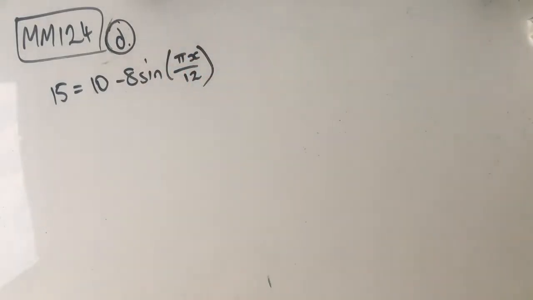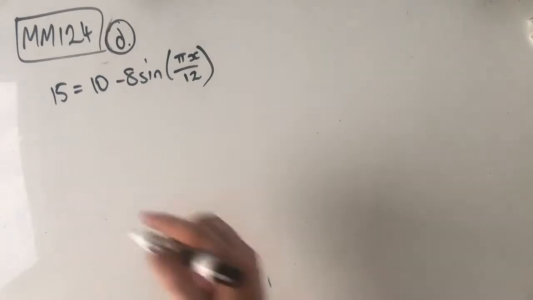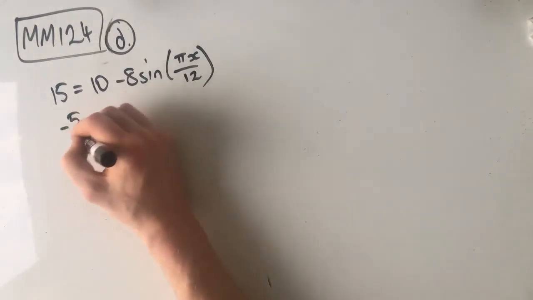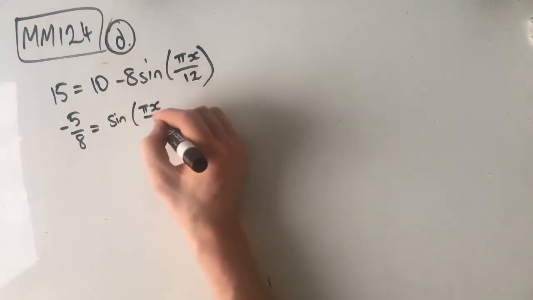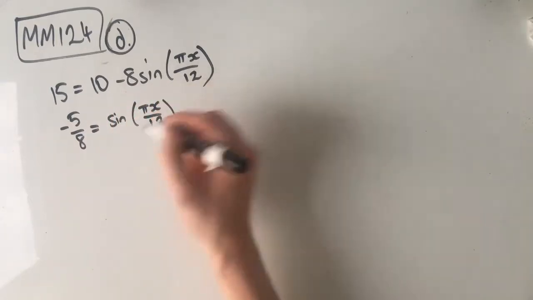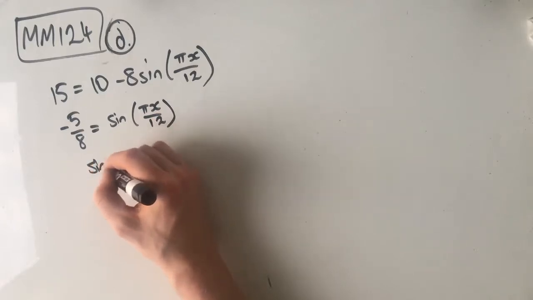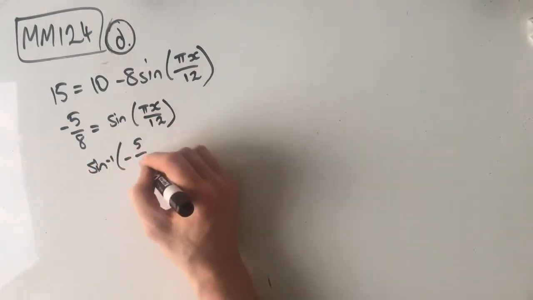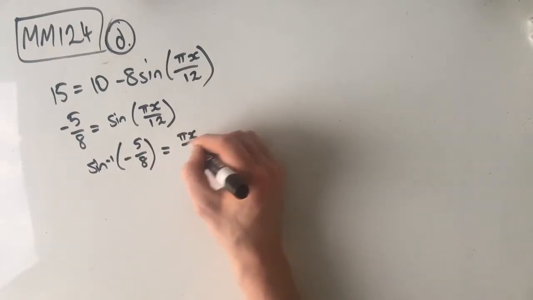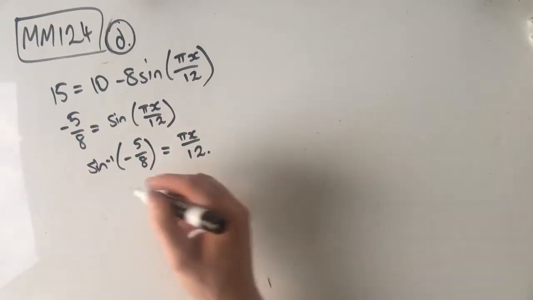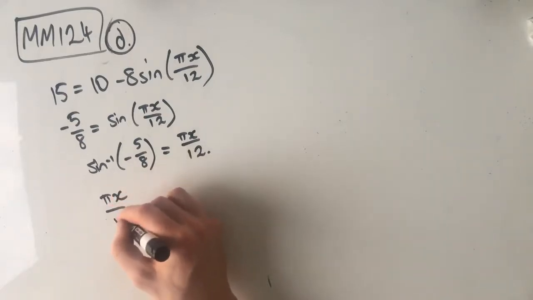And rearranging from here, what we end up getting is -5 on 8 equals sine pi x on 12. And then from there we go inverse sine of -5 on 8 equals pi x on 12, which means that pi x on 12 equals